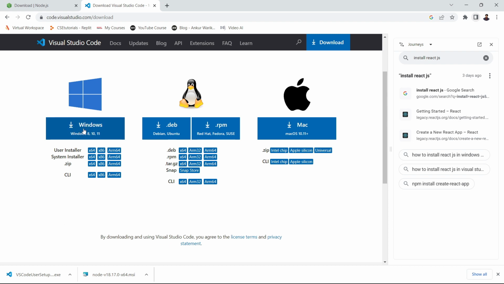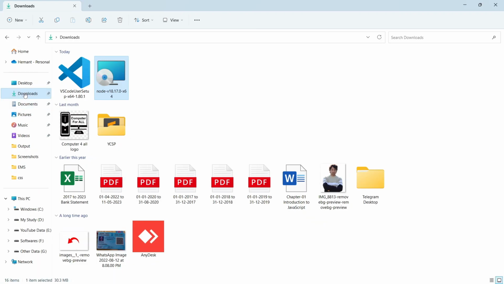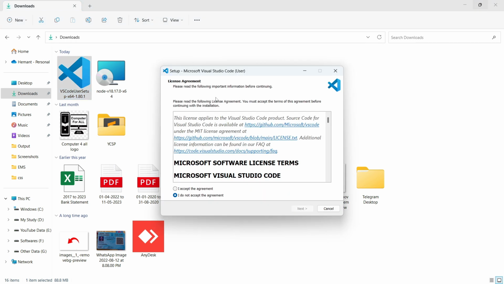Once I click on this, it will download Visual Studio Code. I have already downloaded it, so I am not going to download it again. I will simply go to the download folder of my system. Here you can see this is the installer for Visual Studio Code. Simply double click on it. Basically you have to run this, and it will start installation of Visual Studio